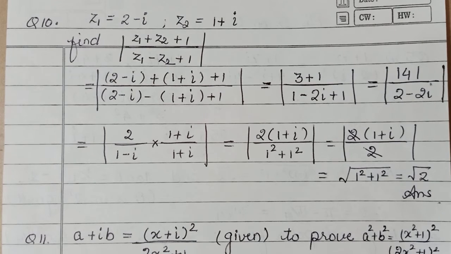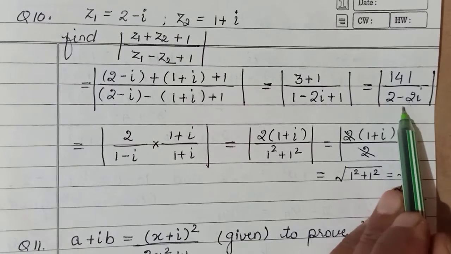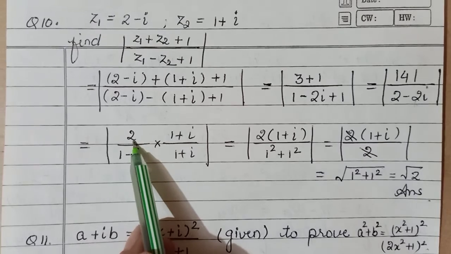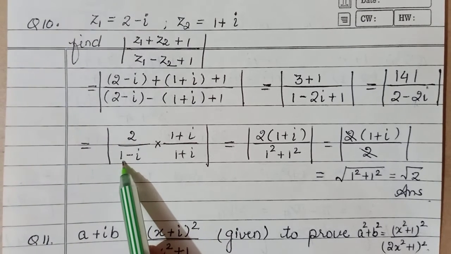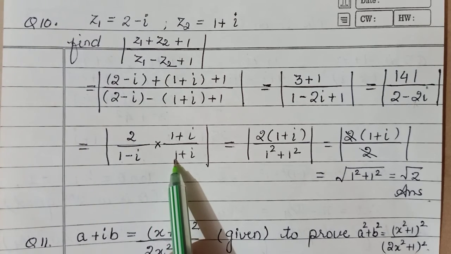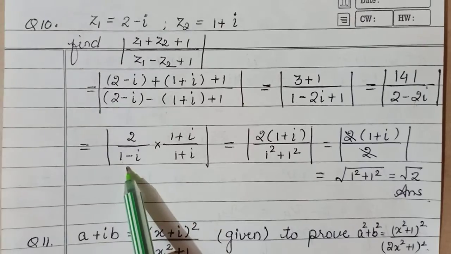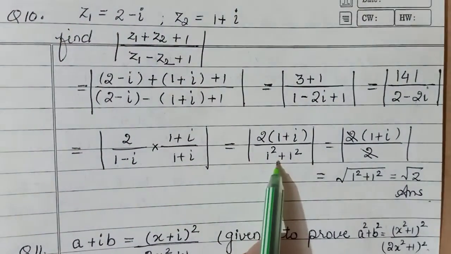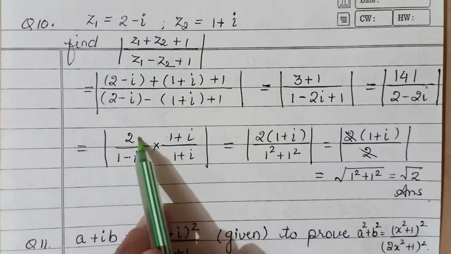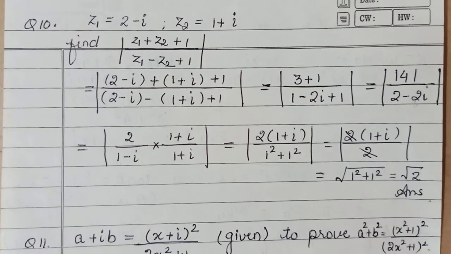Okay, so next you see you can take this 2 common from the denominator from both of them. That 2 would come common and would cancel out this 4 two times. So you're left with only 2 in the numerator here. Denominator, 2 taken common, this becomes 1 minus i. What next? Naturally, multiplying by the conjugate of what you have in the denominator. So the denominator becomes real part square plus imaginary part square. So that becomes 2, and in the numerator there was a 2 present which would cancel out, so you're left with only 1 plus i.